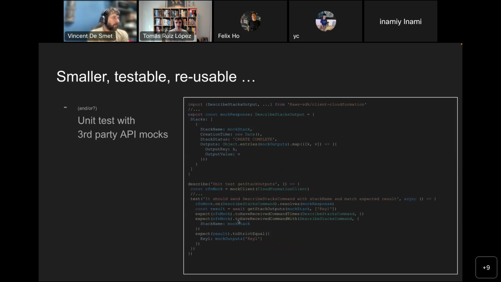And so if I have multiple outputs, it also gets called once. And then to have received the command with the parameter stack name mock stack, because that's what I pass in when I call the function. And then finally, I must get exactly the response to match the mock response. So in this case, I am validating that the result will be